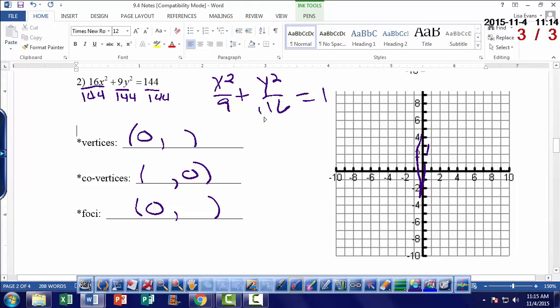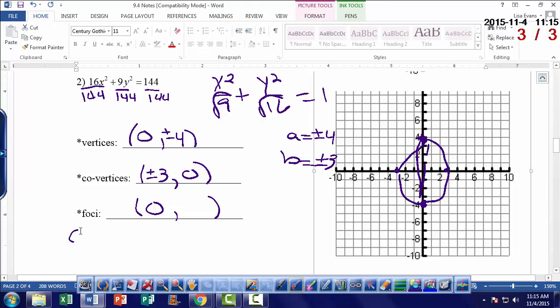Okay, so we square root the bigger number to get our a. So a is plus or minus 4. So I'm going to put plus or minus 4 in here. And I'm going to go ahead and mark 4 and negative 4 on my graph. Square root 9 to get b, so b is going to be plus or minus 3. So I'm going to fill in plus or minus 3 here, and I'm going to mark negative 3 and positive 3 on my graph. I can go ahead and draw my ellipse in,